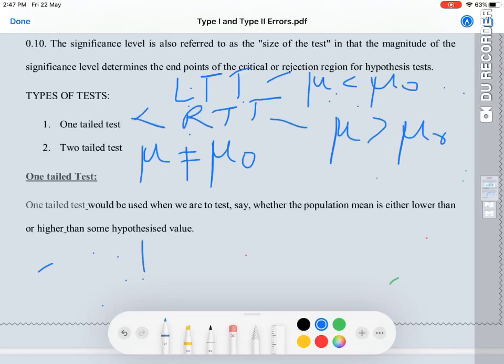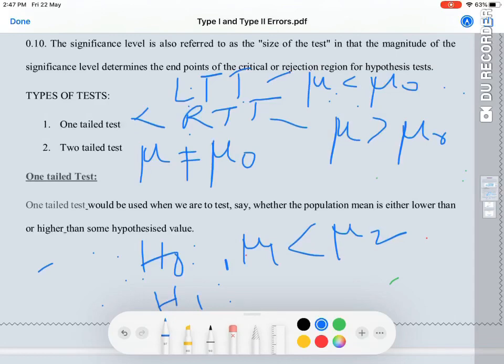h naught is that there is no significant difference between the mean values of two classes, that is, mu of one class, the mean marks of one class, is equal to the mean marks of the other class. That means there is no significant difference; this mean value is the same and this mean value is the same. My alternate hypothesis could be that the mean values are not equal, the mean value of class 1 is greater than class 2, or the mean value of class 1 is less than class 2. So these three situations could occur.